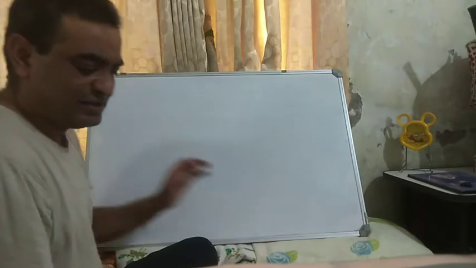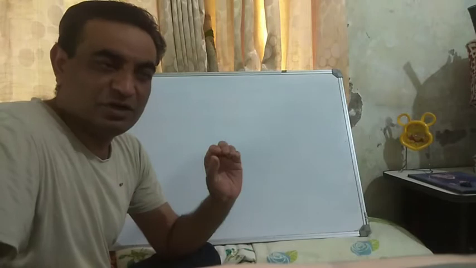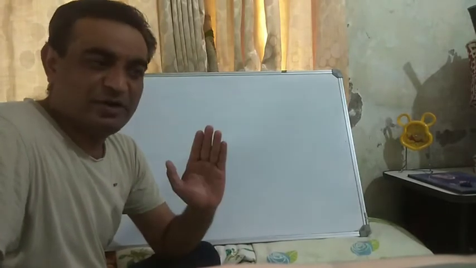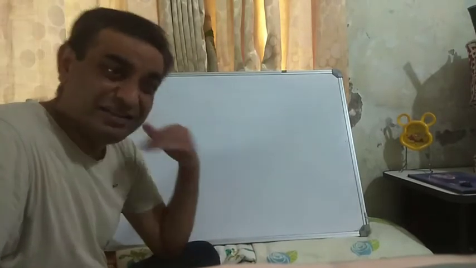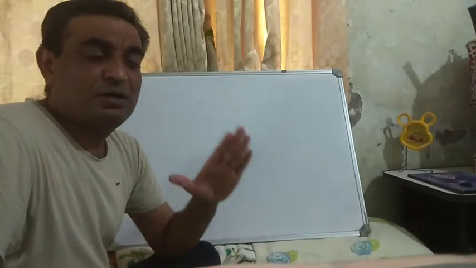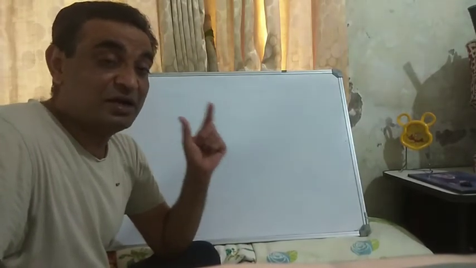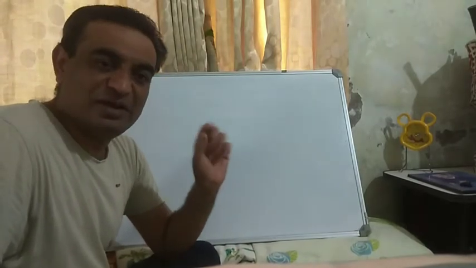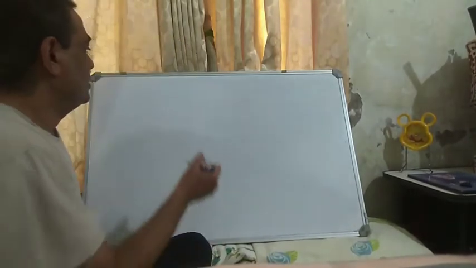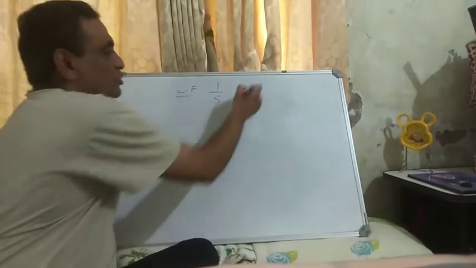To summarize, for calculation of the corner frequency for a first order term, either in the numerator or in the denominator, it is 1 by tau. For a second order term, either in the numerator or in the denominator, it is omega n. Note that it has to be compared with the standard transfer function of the second order system, that is s square plus 2 xi omega n s plus omega n square. Now, for 1 by s, there is no corner frequency.